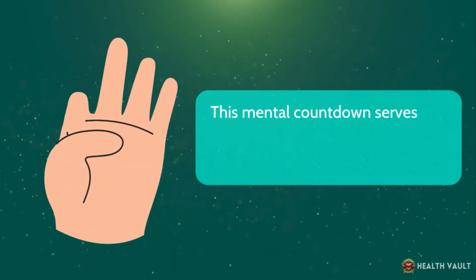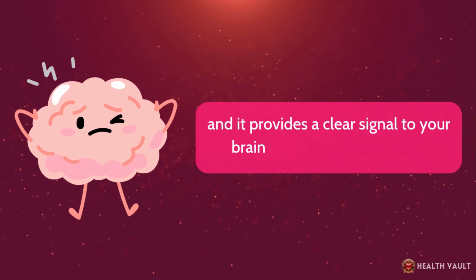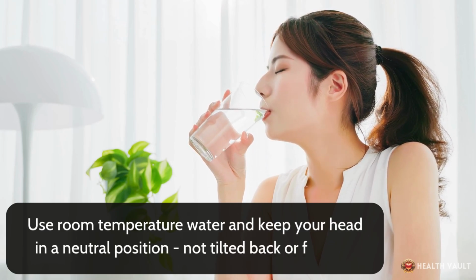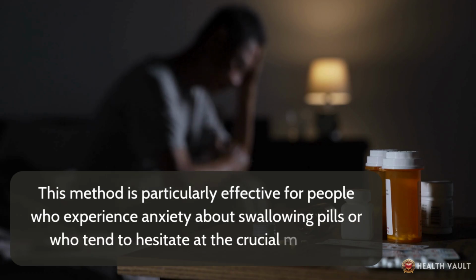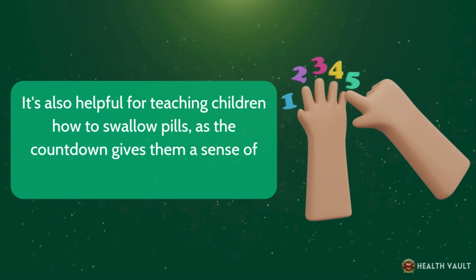This mental countdown serves 2 purposes. It gives you a moment to position everything correctly, and it provides a clear signal to your brain about when to swallow. Use room temperature water and keep your head in a neutral position, not tilted back or forward. This method is particularly effective for people who experience anxiety about swallowing pills or who tend to hesitate at the crucial moment. It's also helpful for teaching children how to swallow pills, as the countdown gives them a sense of